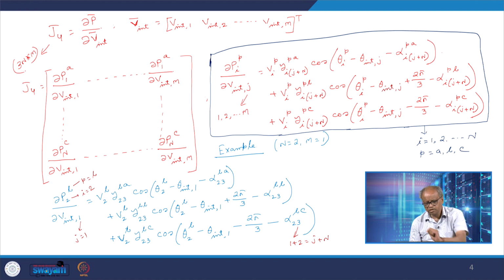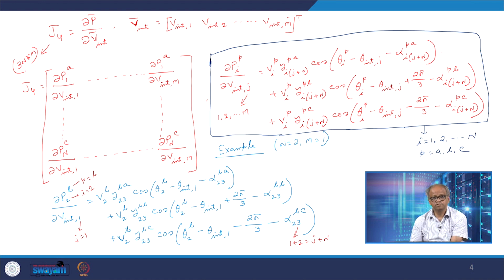So, for example, this is the expression of J4. By using this expression of J4, we can straight away write down the expression of J8. It would be del QIP by del V internal J. What would it be? It will be VIP Yij plus NPA, cosine would be replaced by sine theta ip minus theta internal j minus alpha ij plus NPA, right,